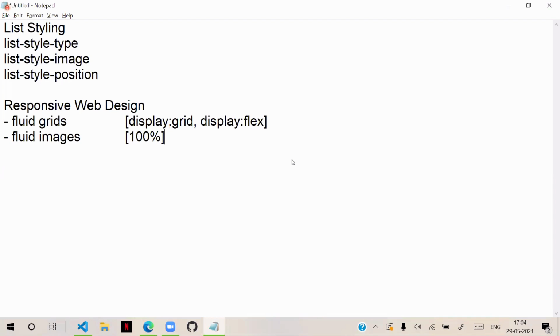Generally width we give in pixels. Now we give in percent, like 50%. That means it will be 50% of the browser, it will adjust according to the browser. So these are already learned. To create responsive design, these are used.